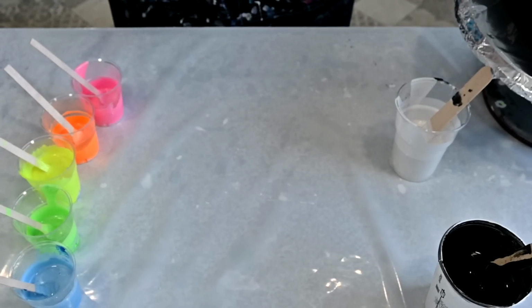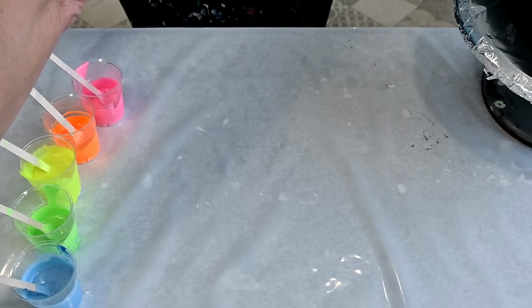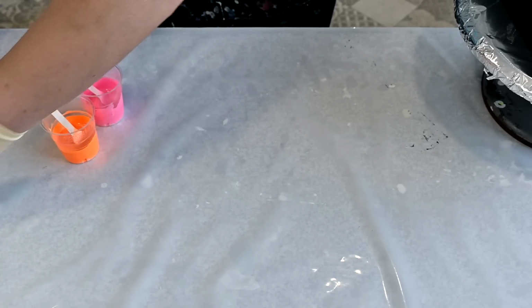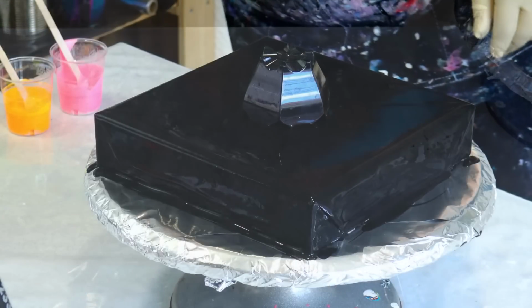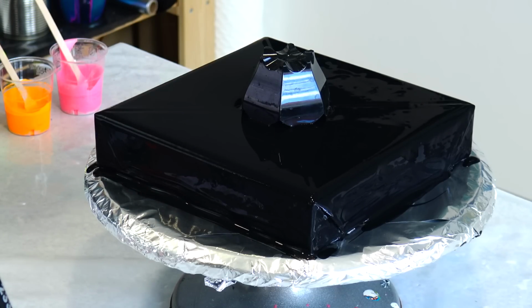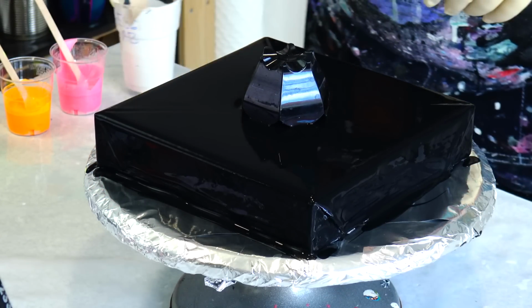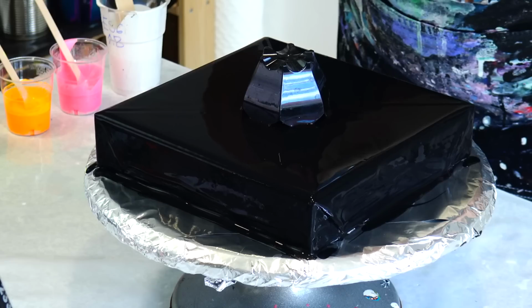Yay! Can't wait. So I will just pour my black on the background to have a nice base coat, and I will be right back. So my base coat is down, and my black cup is on already, and I will start